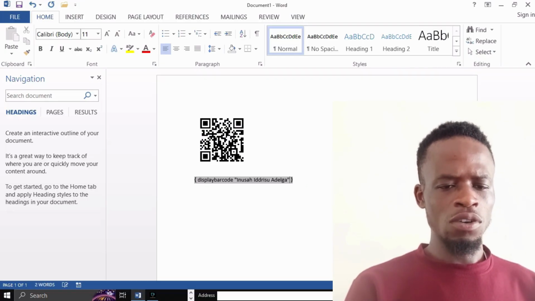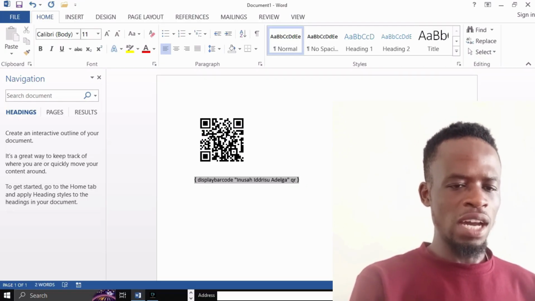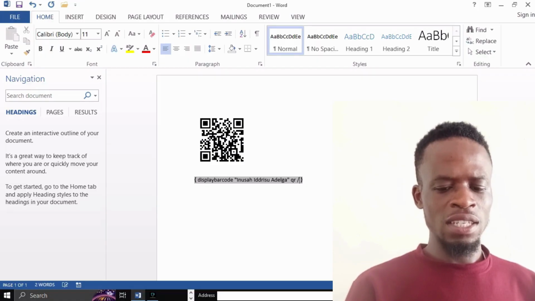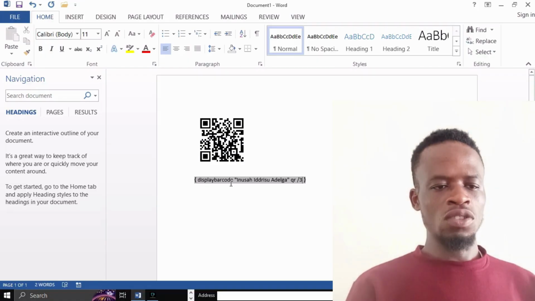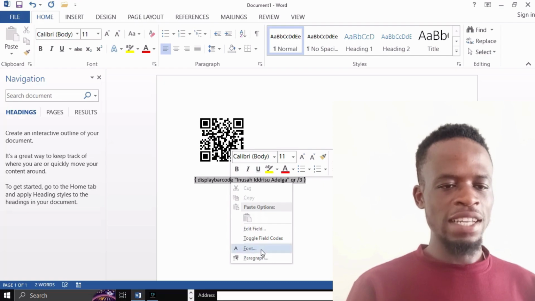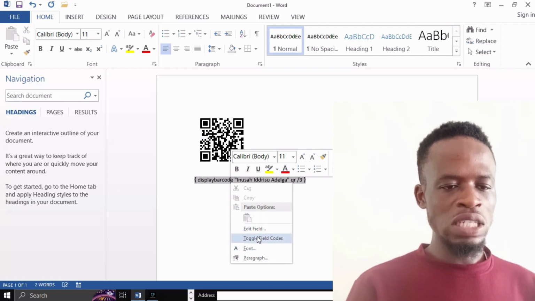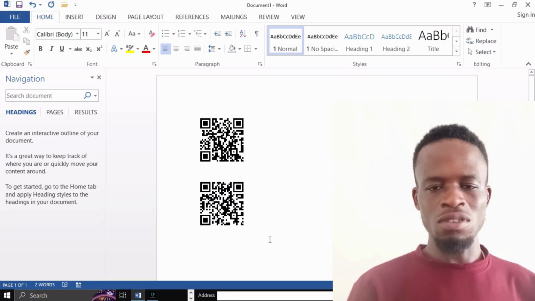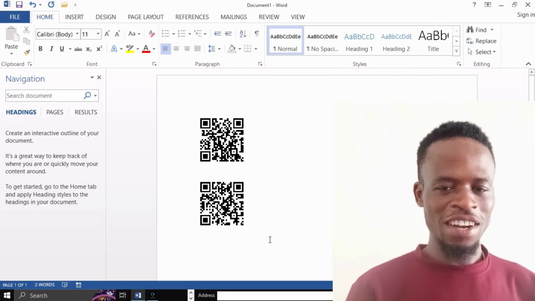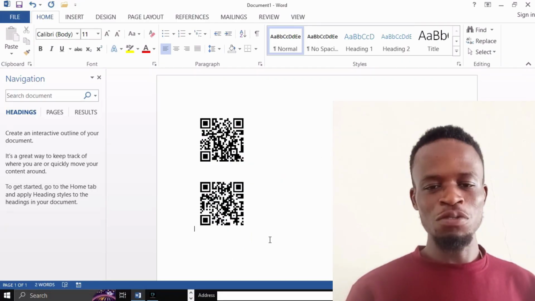You give space. Okay, so you give space and type QR. You give space again and type /3. That is all. So after you're done with this, you right click on it. You see, when you go down on the display menu, you see toggle field codes. Then when you click on it, it will turn to a URL code. You see that? So that is how you do it simply on